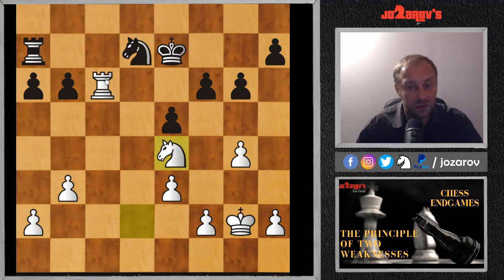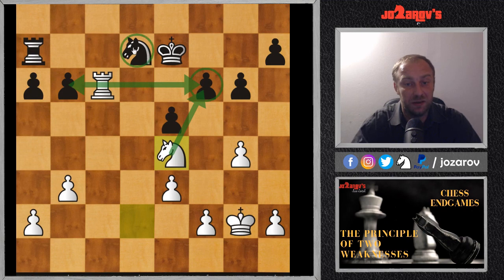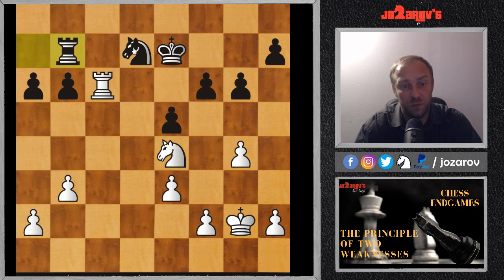We have now created this position, a very important position. We have now again created two weaknesses, the b6 weakness and now this f6 weakness, because the rook and the knight are attacking this f6 and this rook is attacking this pawn on b6. You see, this knight is basically useless. It's only used as a defensive piece in order to defend here. So that's why rook on b7, you see